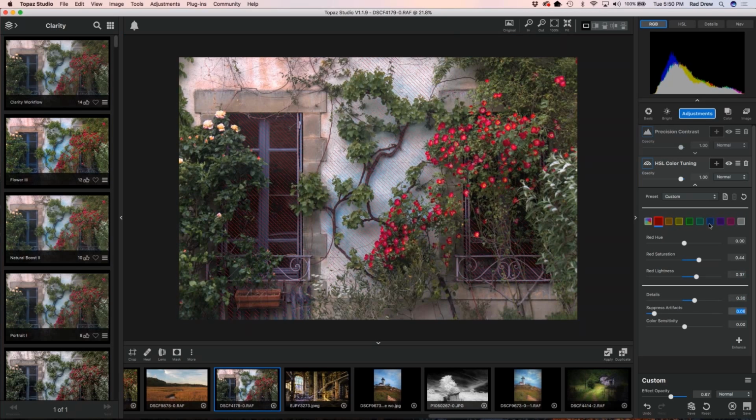Then I can go into my blue. I've got this beautiful wall here, and I am going to increase the saturation in that blue. Again, you want to be careful not to go too far, but it's there, and I want to try and bring it out. The next thing I want to do is bring out these oranges that are up in the,